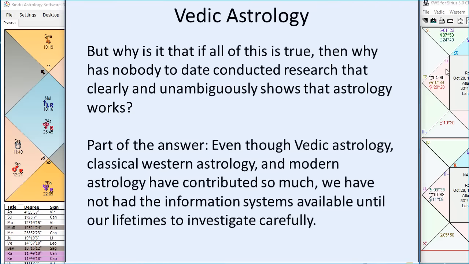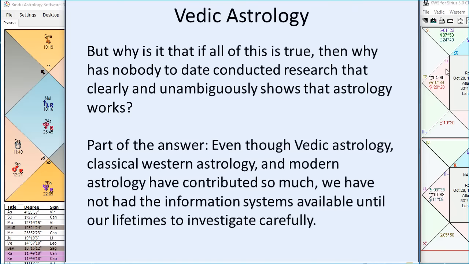There's much, much more. And furthermore, if all of this is true that I just said, that in Vedic astrology we can analyze in such great detail and see all these things, then why is it that nobody to date has conducted research that clearly and unambiguously shows that astrology works? So many people consider astrology to be nonsense, a superstition. We make all these claims and all this specific information, especially from Vedic astrology and some other forms of astrology that say very specific things. If all that's true, why is it not validated? Well, part of the answer